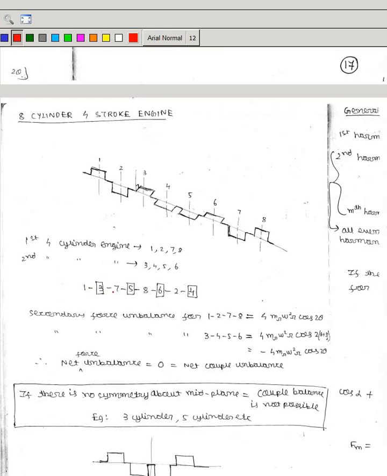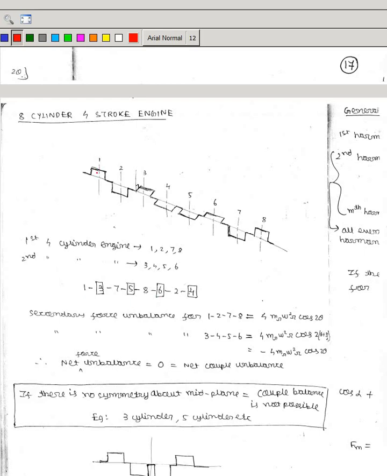One is 1 7, so this is C 1 7, this side is 1 2 7 and 8, these constitute one engine, and 3 4 5 6, this constitute another 4-cylinder engine. 3 4 5 6 constitute one 4-cylinder engine, and 1 2 7 8, this constitute another 4-cylinder engine. So the firing order is 1,